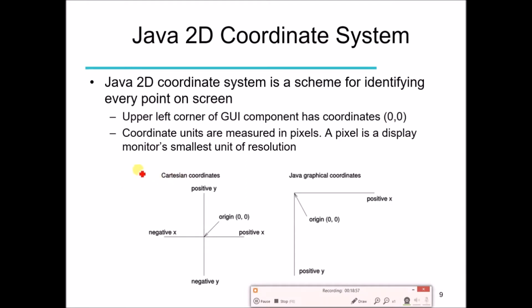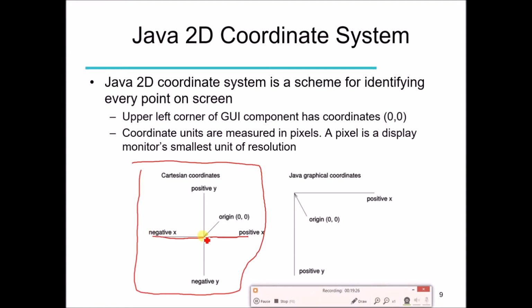Usually in mathematics we use the Cartesian coordinate system, in which we have a center or origin, usually in the center of the plane. Positive x values are on the right side, increasing as we move from left to right, and negative values increase on the left side.